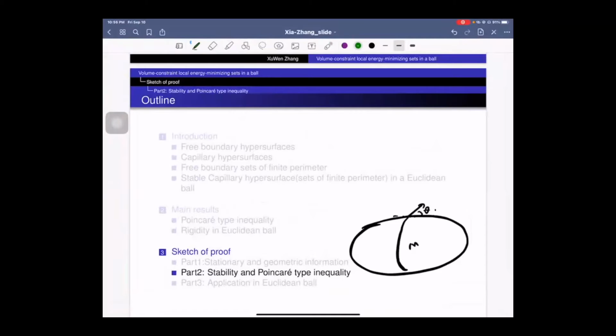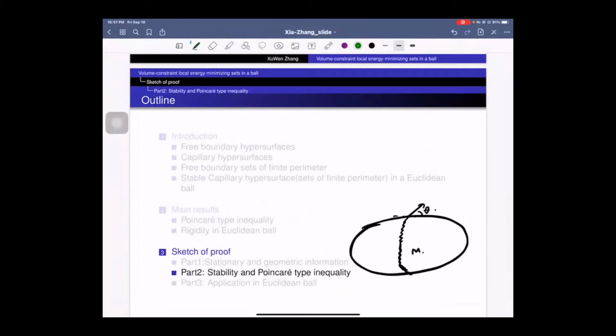And the method is that we use some smooth variation X to test the stability of M, and then we can derive a Poincare type inequality. And now, since we are dealing with a set of finite perimeter, which means that M has some singularities. For example, this is M,